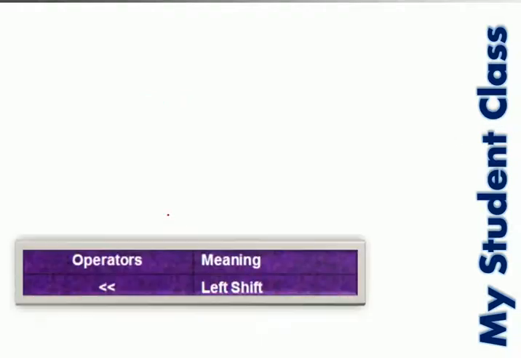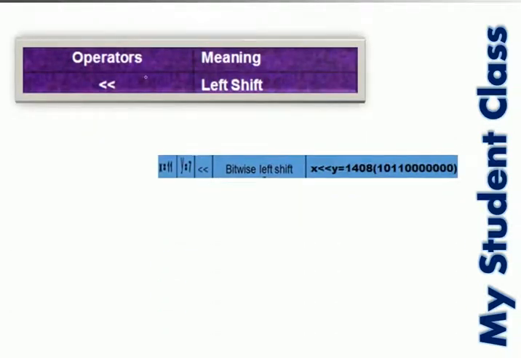Now we have taken two variables for this operator. I have taken x and y as the two variables, and we have assigned the value 11 for x and 7 for y. Now we are going to apply the double less-than symbol to the variables x and y. When we execute this in our program, we get the value 1408.